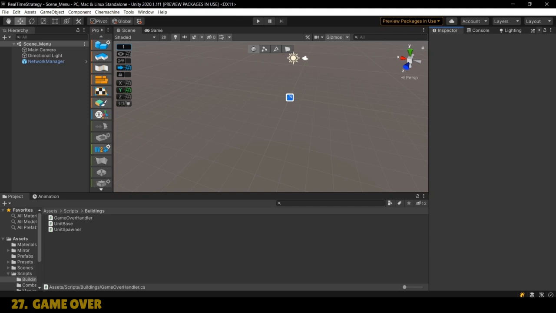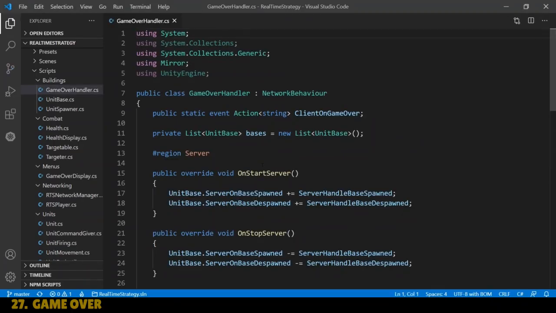We technically have a bit of UI blocking when the game's over, but if the game isn't over yet, I can still continue doing things. And when we add the ability to purchase buildings, I'd be able to just keep purchasing more buildings, and it wouldn't be good. So we need some cleanup for when you die and some cleanup for when the game is over entirely. If we go over to our scripts, buildings, and the game over handler, then over here